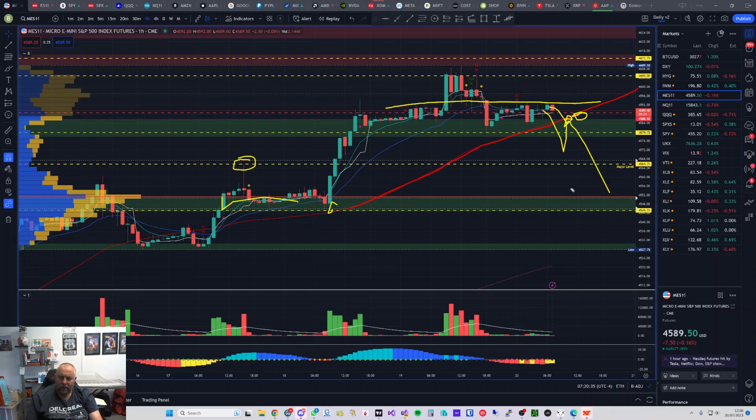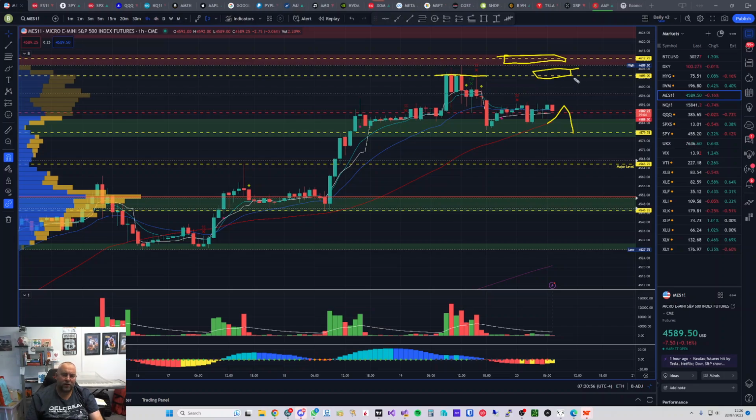So to recap on the MES or ES chart, we're looking at a break and retest of 45.89. We're looking for a potential rejection over at 4612 area. I may consider 4605 again because yesterday it proved to be an area that'll be a scalp. And then we've got a potential bounce at